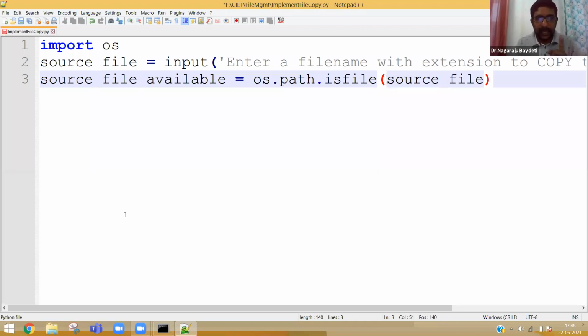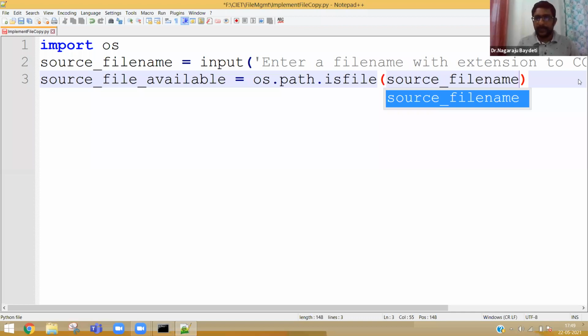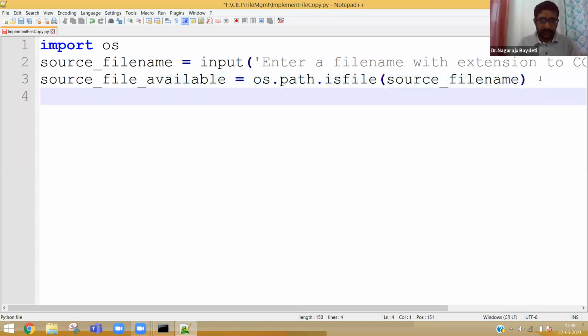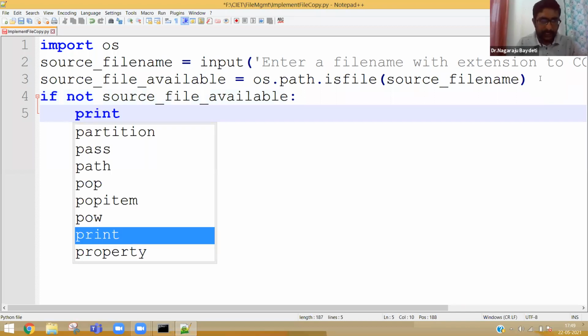Source file is the file name, or you can also say source file name. We are trying to search it. If not source file available, that means if source file is not available, what you will do? Simply exit the program. That's the logic.